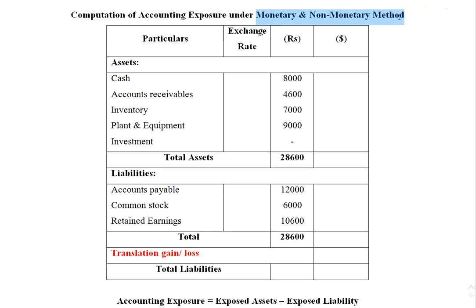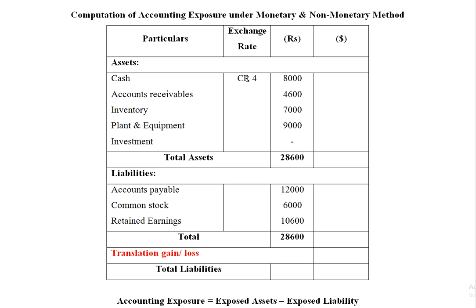As I told earlier, while solving the problem on imports and exports, I gave a format in the beginning itself. Please do check it. As per the format, for the monetary and non-monetary method, cash is going to be CR,